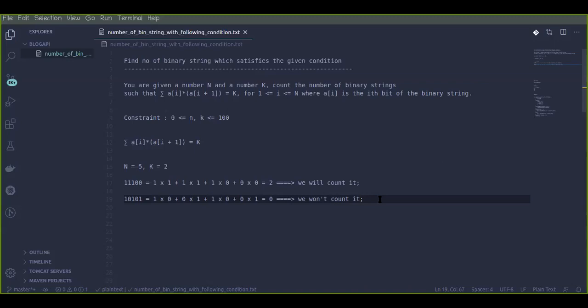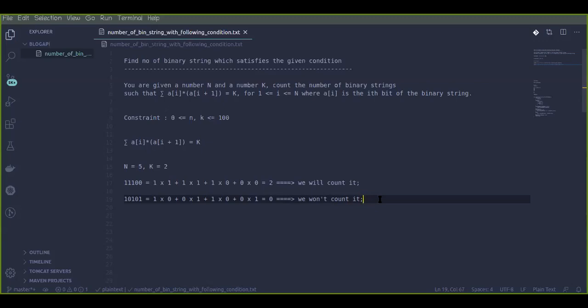I want you to be very attentive throughout the session to understand the logic I'm trying to explain to you. Let's say we want to have a binary string. What is the possibility of getting the last bit of that binary string? Are you getting me? Let me repeat that for you again.